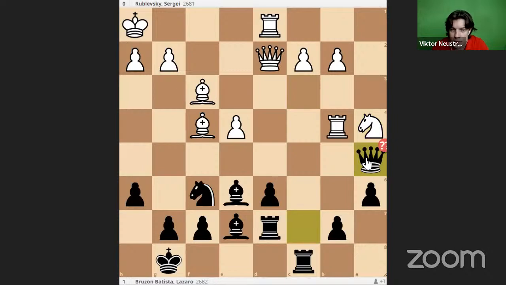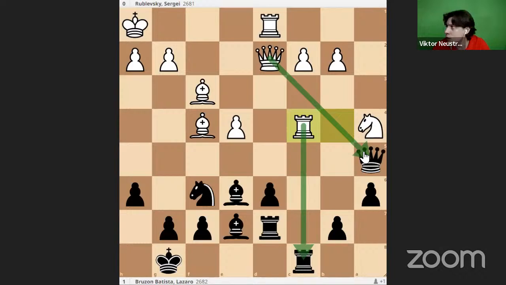So no, it doesn't work. So it's just a simple discovered attack. It does make sense to do tactics at this level because it helps really a lot. I would even say at my level, I should also practice with tactics before the tournaments, well, just to keep fit